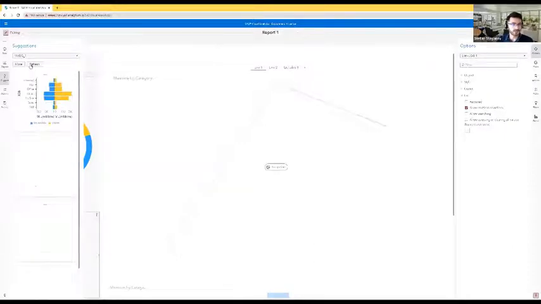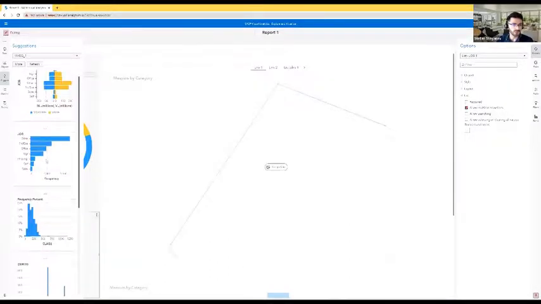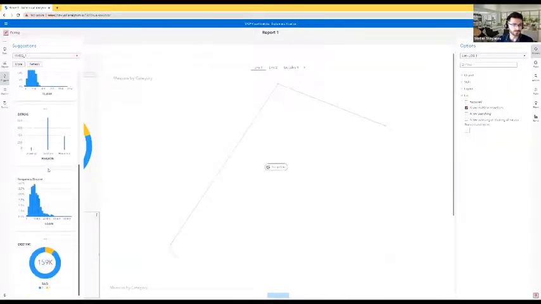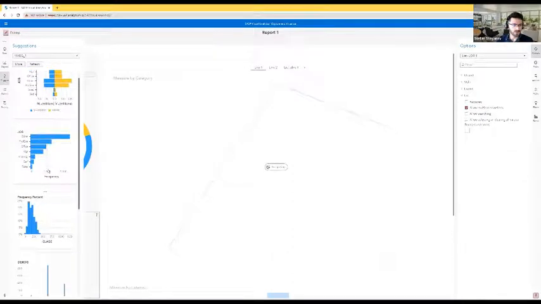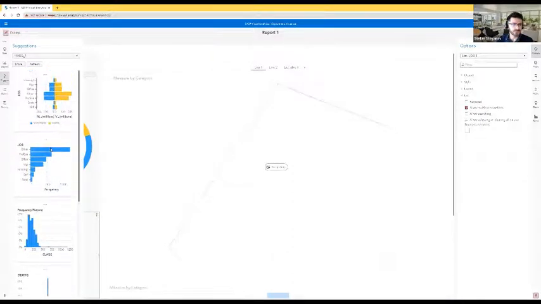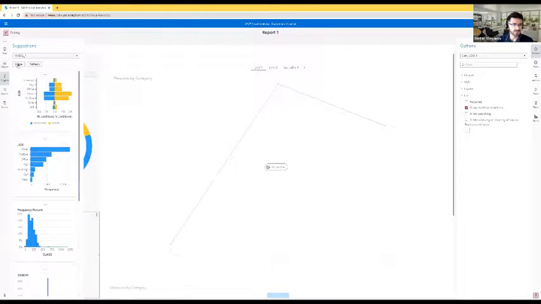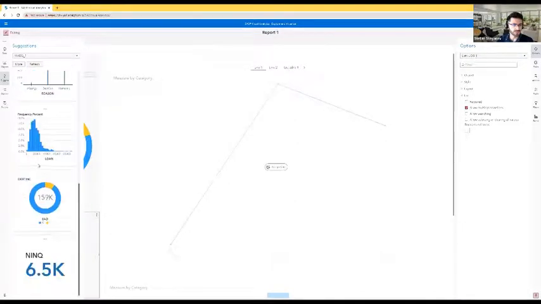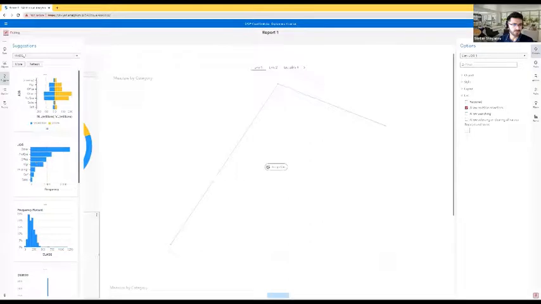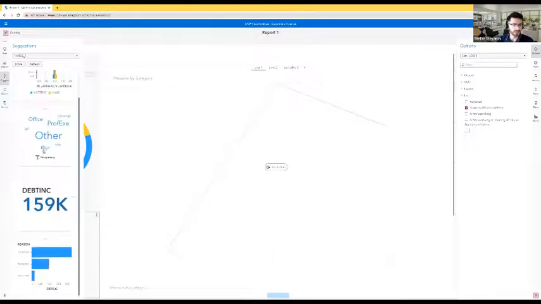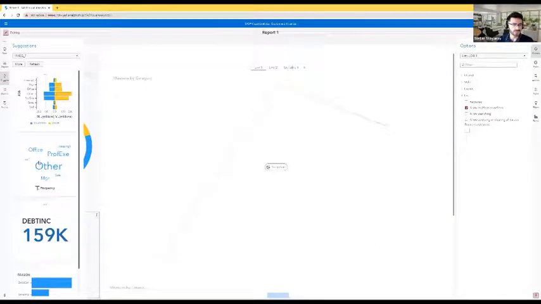You can refresh this until you find something suitable, or you can add more variables, more graphs, and let's see if we can find something suitable here. I can refresh it again, and for example,